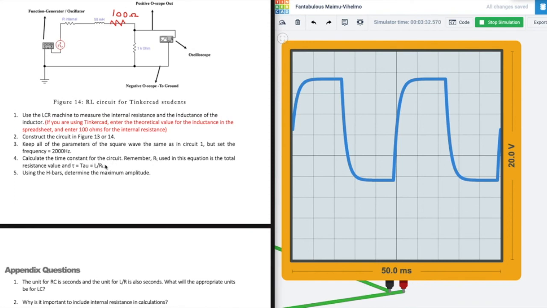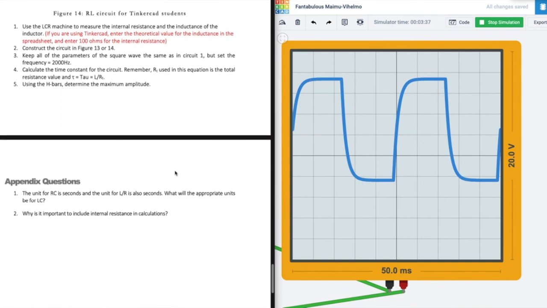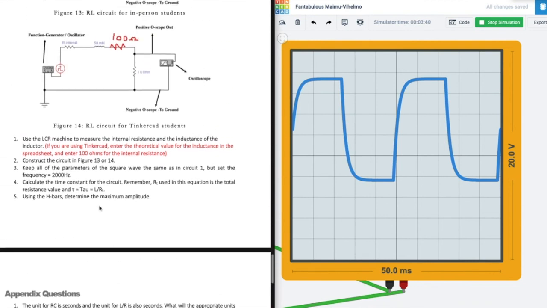Again, this R total is the total resistance of the circuit. So it should be 50 plus 100 for the inductor and 1 kilo. And measure the maximum amplitude. So just from here to here. And answer those 2 questions in the Canvas quiz. That's all for